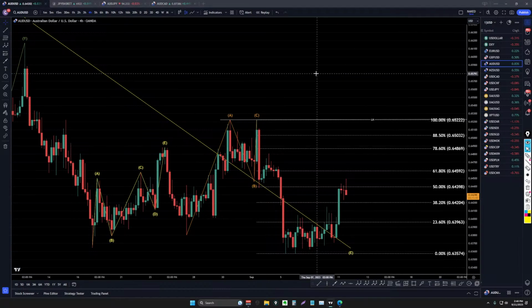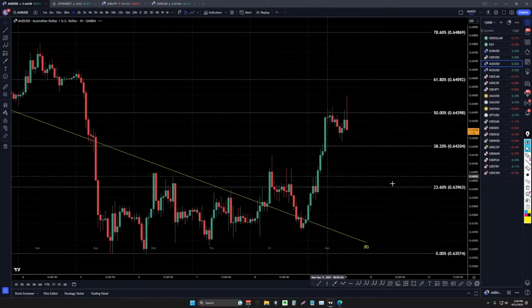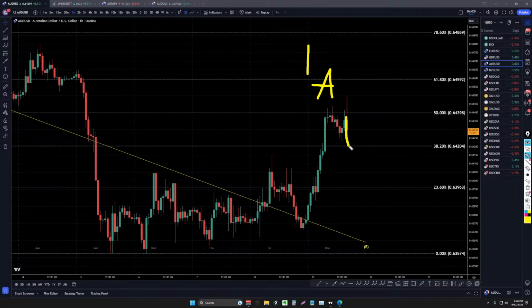I mean, a lot of things have to go right for that to play out like that, but it definitely seems pretty likely. Oh, look at the turn. We are definitely getting a turn, aren't we? This is either the end of a wave A or the end of a wave 1, I believe. Either way, I think the next move is going to be a correction, either a 2 or a B. So after that, we should get a continuation of the uptrend for either a wave C or a wave